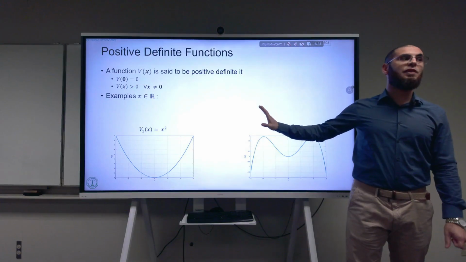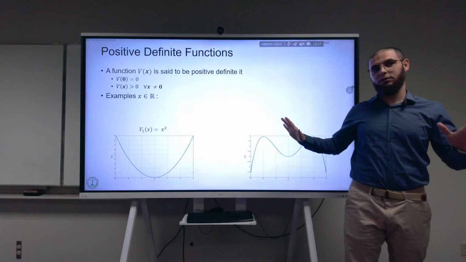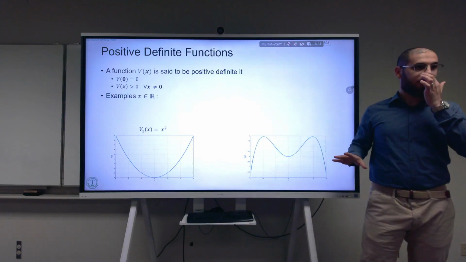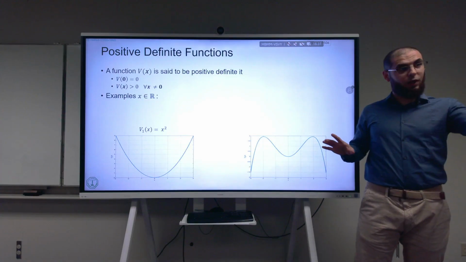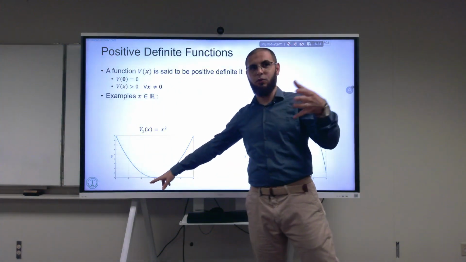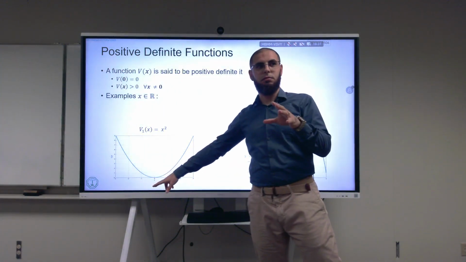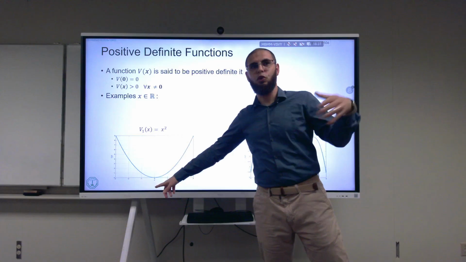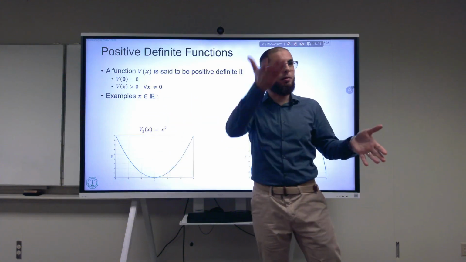I'm talking only about the V here. Don't confuse the V with the V dot. Only the V here is positive definite. It has one lowest value possible. What do we remember? What do we call this point of the function, around the equilibrium? It was called the critical point,